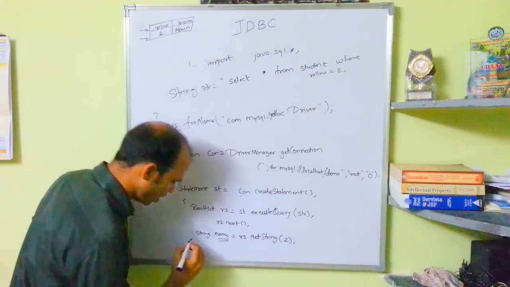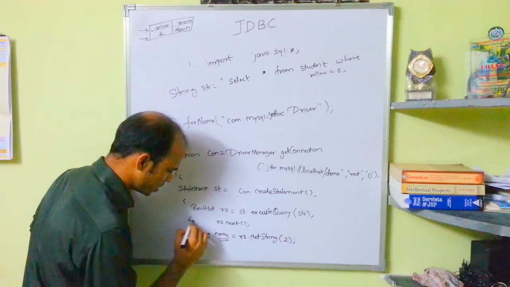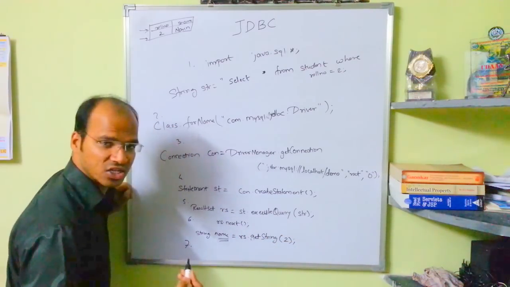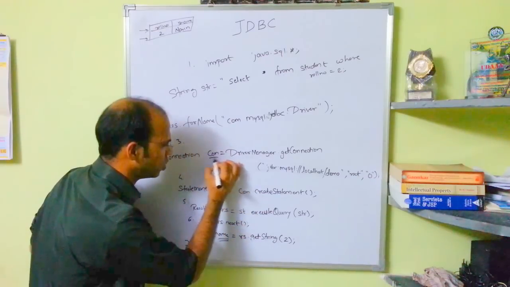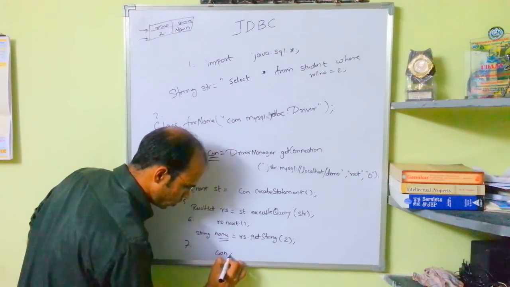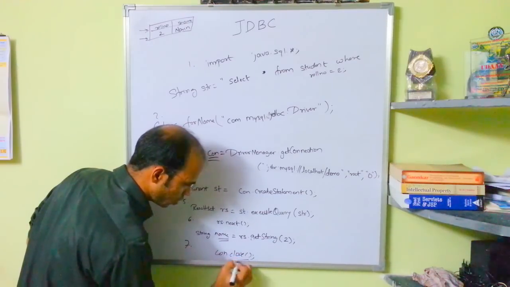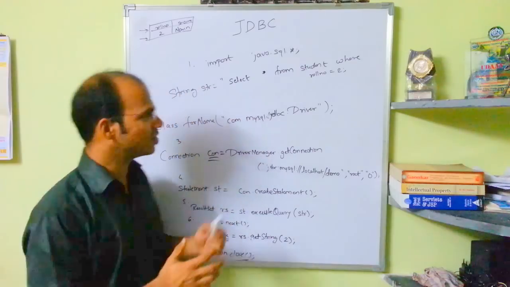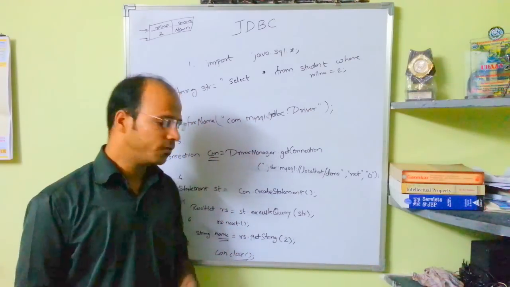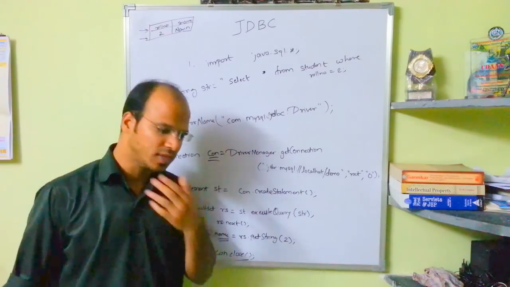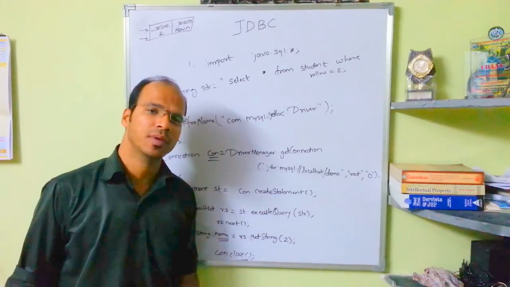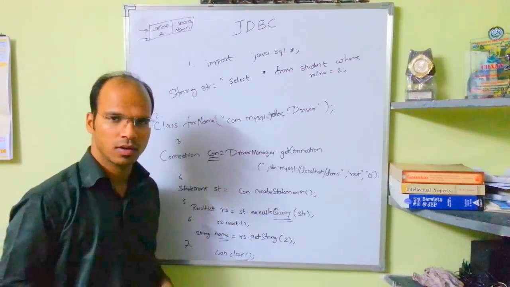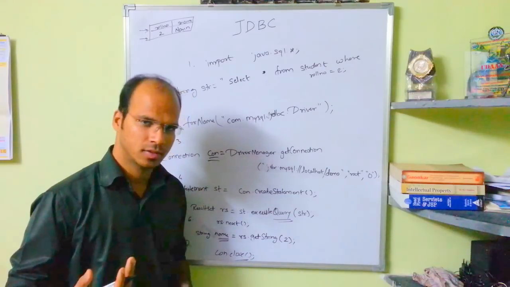Once you are done, your last step, this is your sixth step. The last step is to close the connection, and to close the connection, we have to use the connection object. So we have con dot close. So this is what JDBC is all about. It's not that difficult, but if you want to work with this advanced programming, sometimes we work with an insert statement. For an insert statement, we don't have execute query. We have execute update.